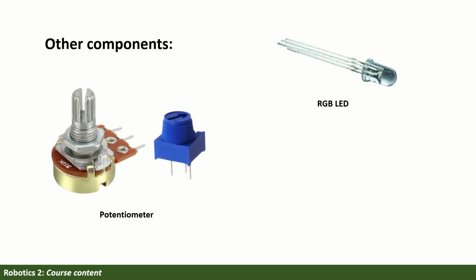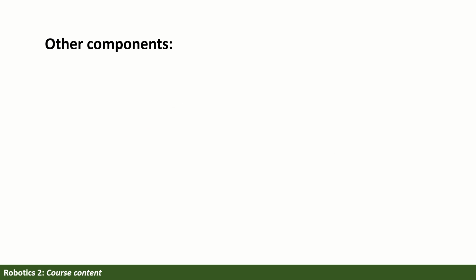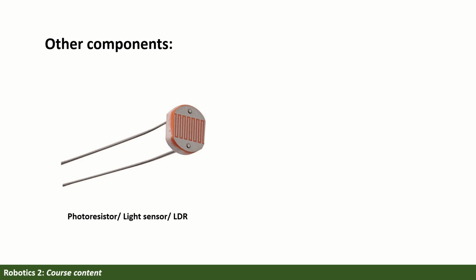RGB LED, you have already used this from before, the tilt switch as well. Photoresistor is a new component that we will be using this semester. For anything that has to do with measuring the ambient light, how dark or how bright your working area is, or the place where you will install it, you can use this component.